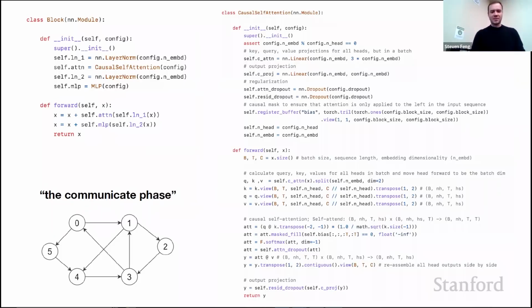the sort of affinities between these nodes, optional dropout, and then here attention matrix multiply V is basically the gathering of the information according to the affinities we've calculated. And this is just a weighted sum of the values at all those nodes. So this matrix multiply is doing that weighted sum. And then transpose contiguous view, because it's all complicated and batched in 5-dimensional tensors, but it's really not doing anything. Optional dropout, and then a linear projection back to the residual pathway. So this is implementing the communication phase here.